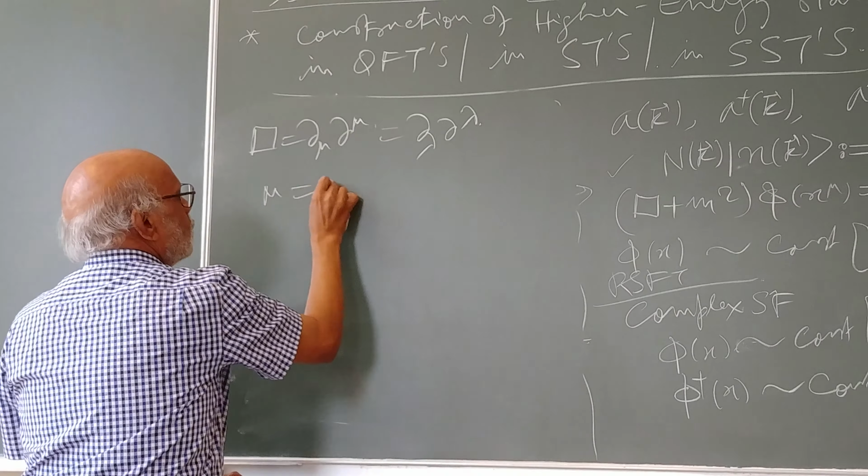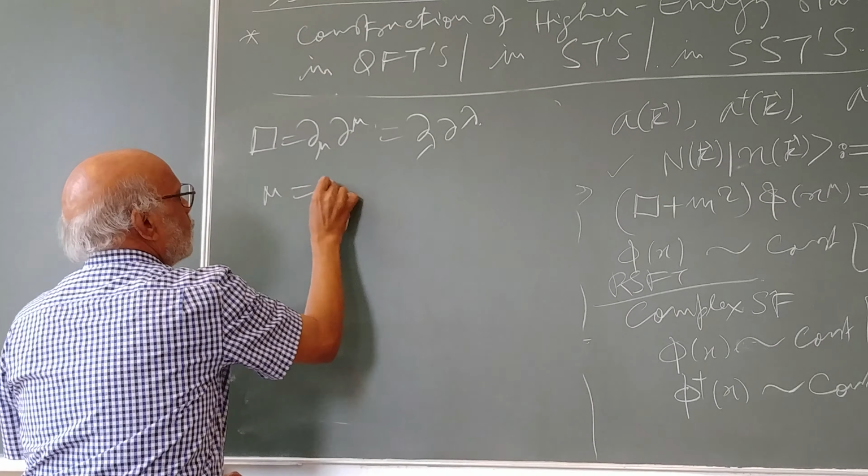Fock space decomposition for the field phi, in terms of A and A dagger. So I have only one pair of annihilation and creation operators, and what it means is that I have only one type of particles in the theory. However, if I have a complex scalar field theory, then I have two types of particles. Because my Lagrangian for